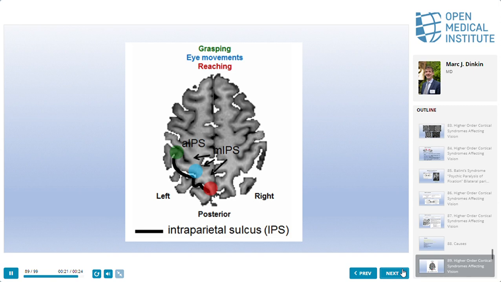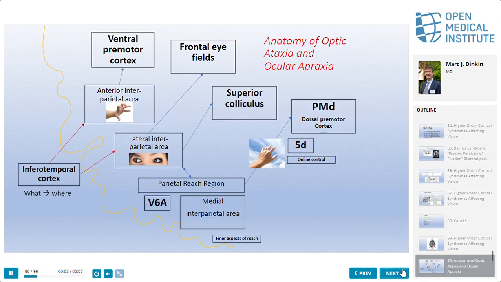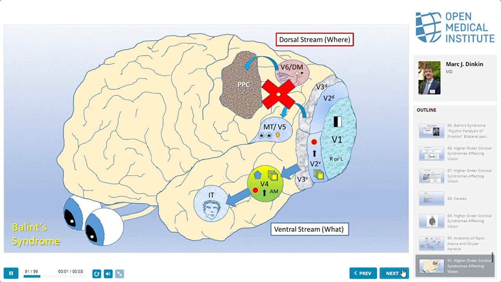And I go into the anatomy here, but don't worry about this slide. I'm going to pass by because we're out of time. And Balint syndrome is the where pathway. Okay, and I'm going to skip this slide. It's a bonus slide. And I am even going to skip, well, I won't skip this because you mentioned it,